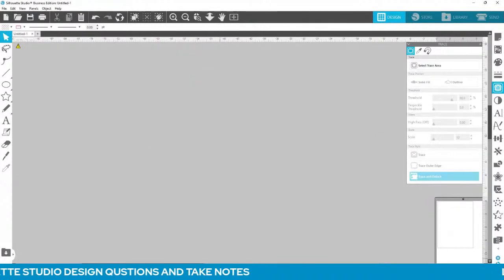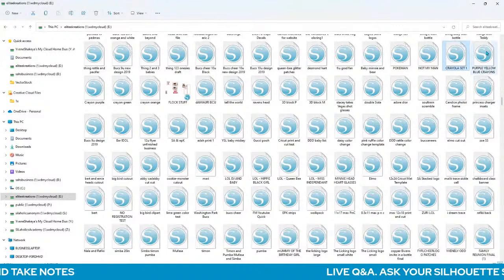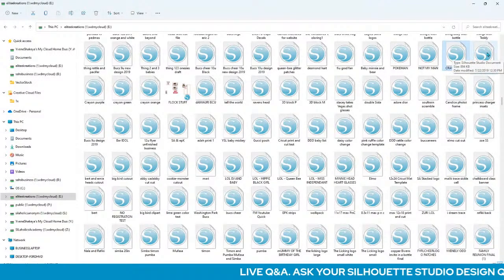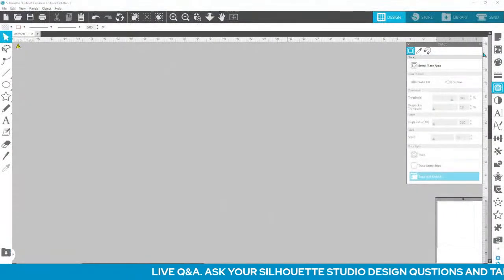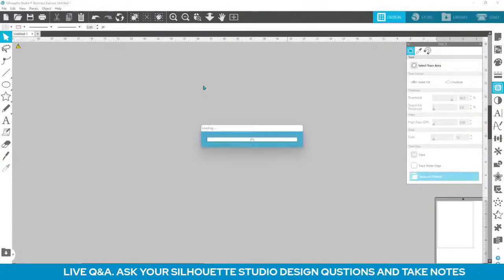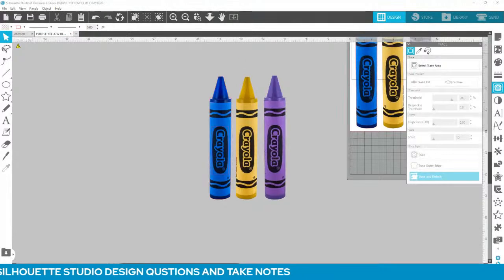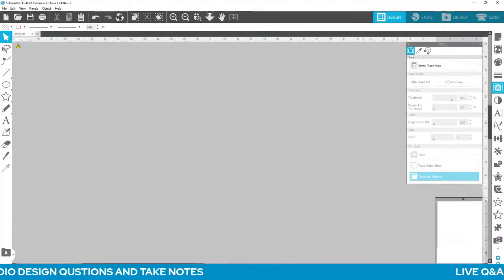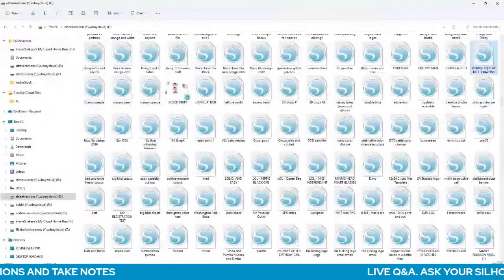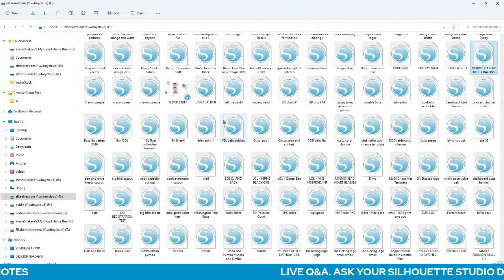We're going to go no. And then where is the other purple and blue crayon? I think these were the cartoon ones, and I made them. Nope, the regular ones. Nope, so that's the regular ones. I'm trying to find